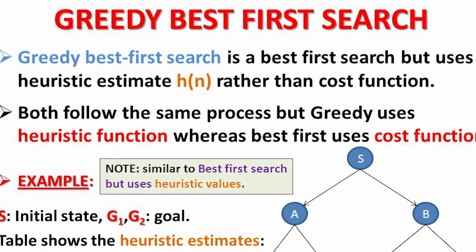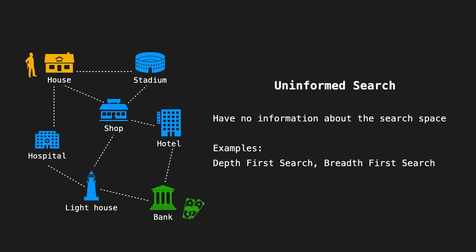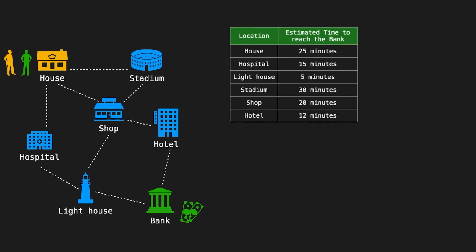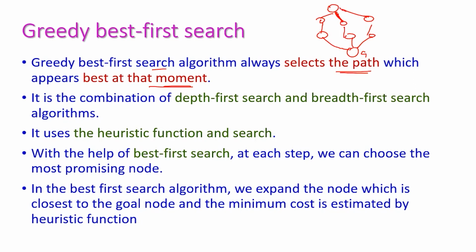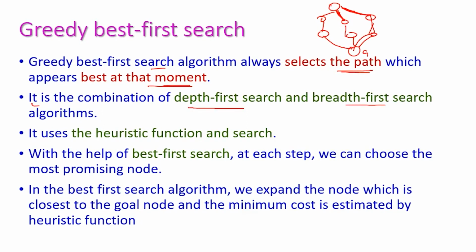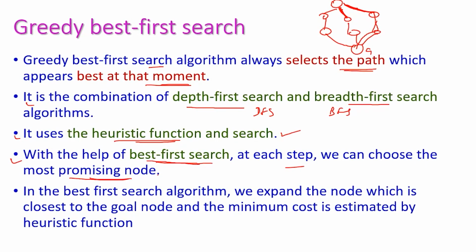This heuristic search algorithm works by using a heuristic function to estimate the cost of each node and only considering the estimated cost to the goal state instead of the total cost. However, keep in mind that while greedy best first search may be faster than A-star search, it's not guaranteed to